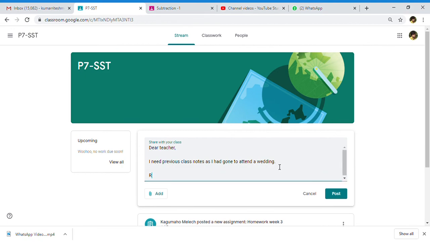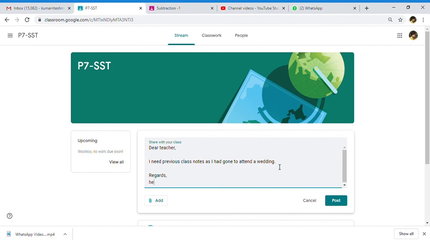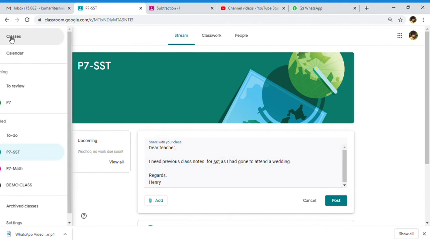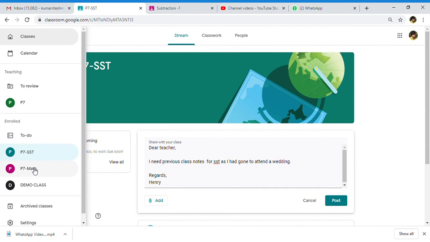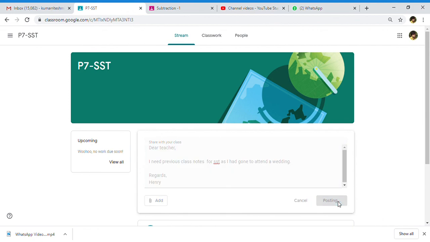Regards, Henry. They already know that it is P7, so you don't need to really put the class. But if you want, you can put P7 SST, or you can put previous class notes for SST if you have just missed the SST lesson. If you have missed the English lesson, then you have to go to the English classroom or math classroom accordingly. And you can just post it here.